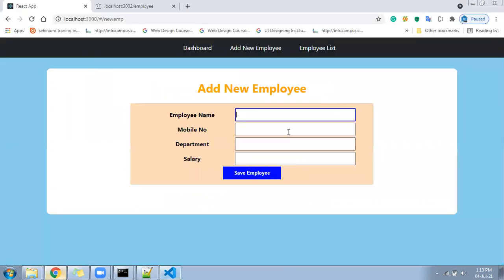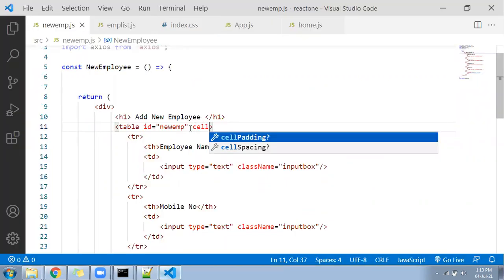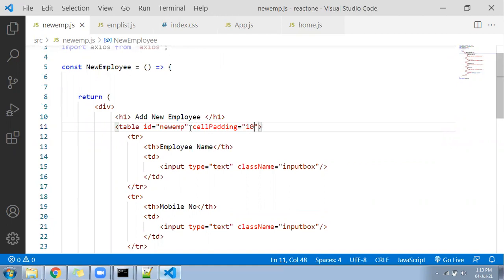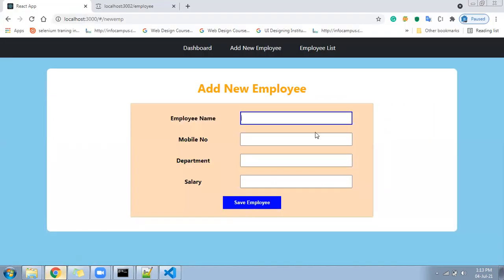You see here, it's coming. I think we require some cell padding. Some cell padding we can give so that it will look better. So let me go to this table and I'll write here cellpadding, some number, maybe 10. So between the cells there will be some space inside. Inside the cell, the td space will get the cellpadding I applied as 10. Let me look into the browser. Awesome. I have written some CSS effect also on focus, and the button CSS I have already shown you. Right. So this is the page.